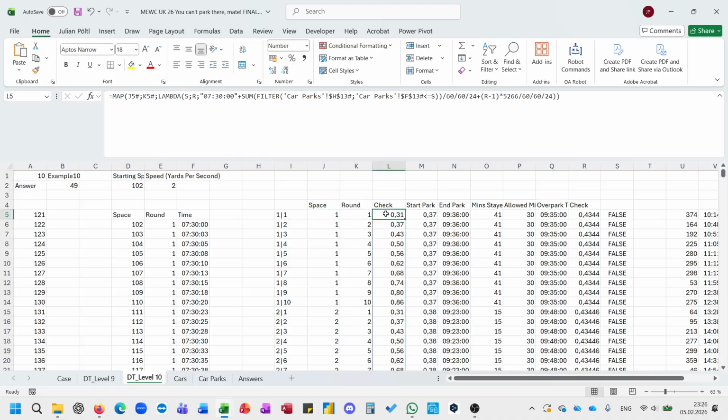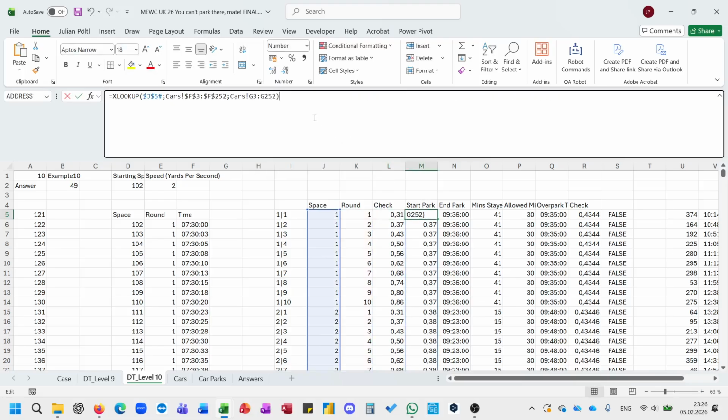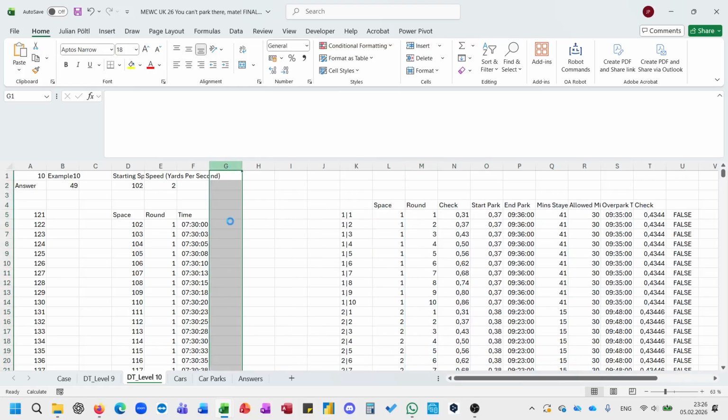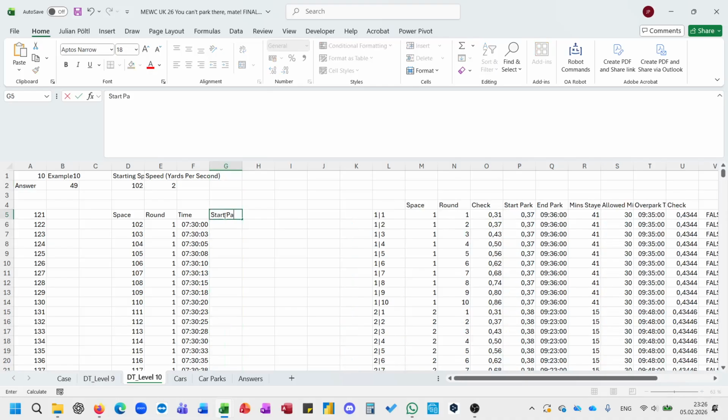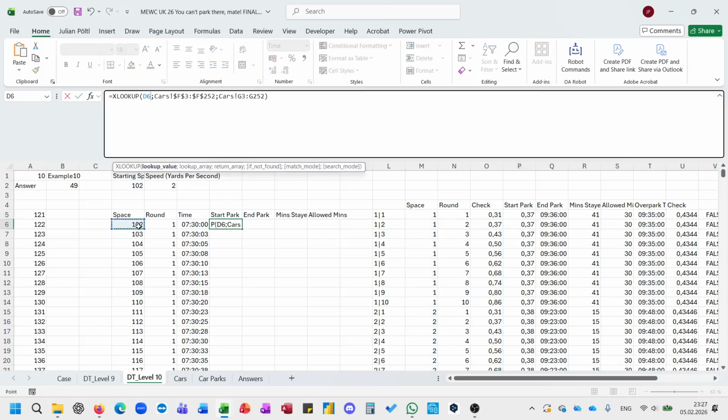And we can then actually do all this other stuff, not this, but when is the start park, end park, min state, allowed mins, start park, yes, and when I'm then using here the space,